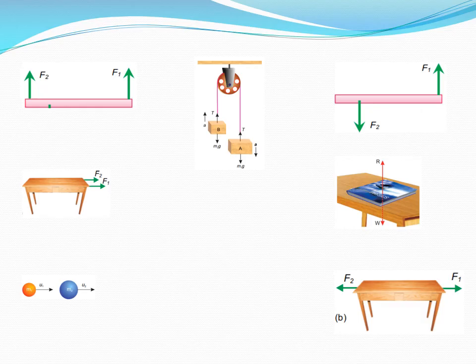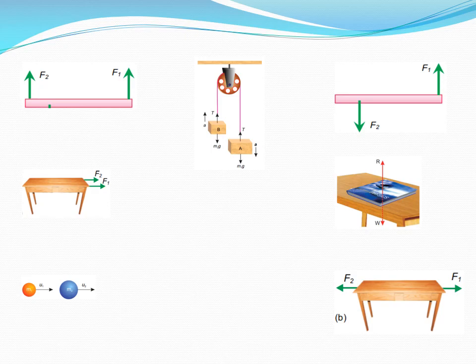Dear students, this slide exemplifies different situations of like parallel and unlike parallel forces. So can you differentiate which system is like parallel and which is unlike parallel? So you can see one at left top corner. Here F1 and F2 are directing in the same direction. So this makes like parallel. Similarly, a table is being pulled towards right with forces F1, F2. You can see on the left hand of this image. These two forces F1 and F2 are directing in the same direction and these are parallel. So again, it's like parallel.